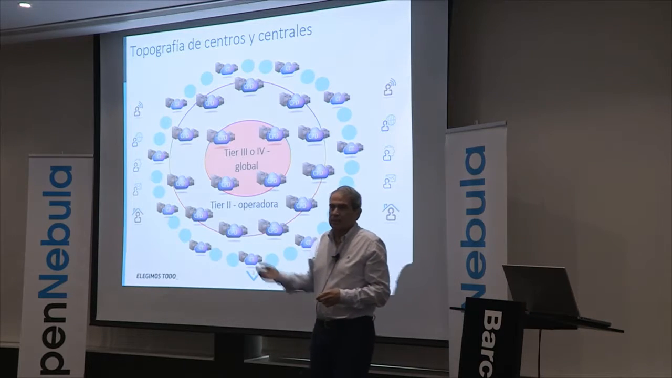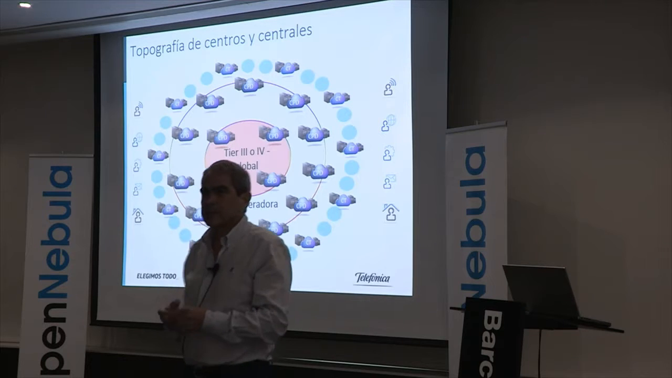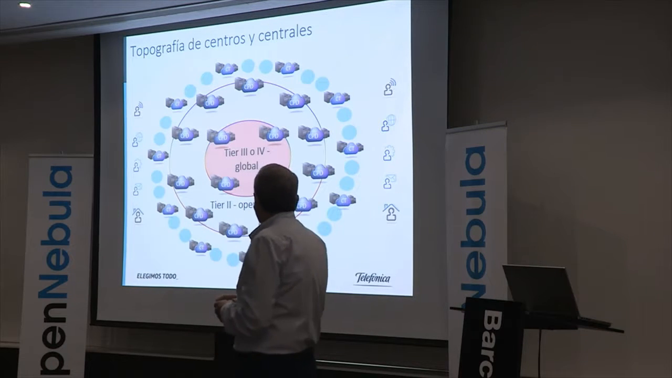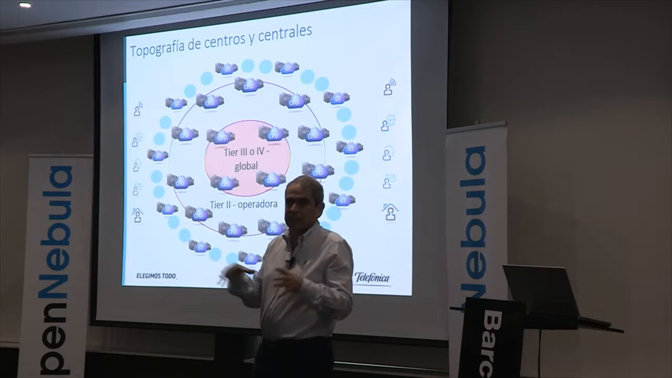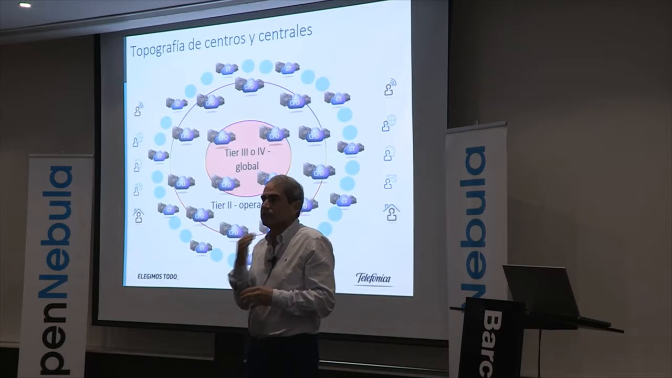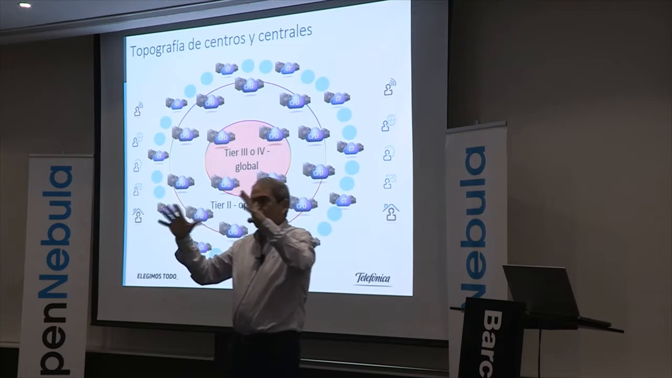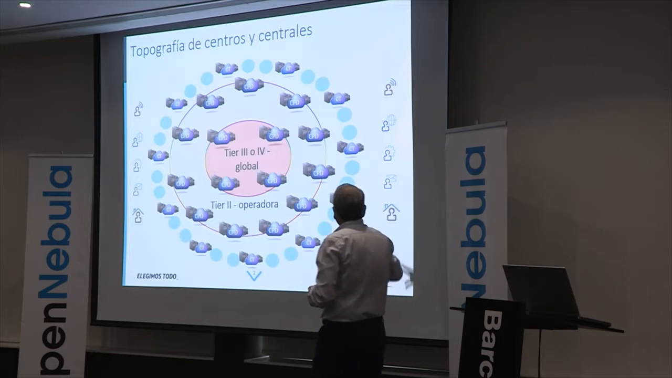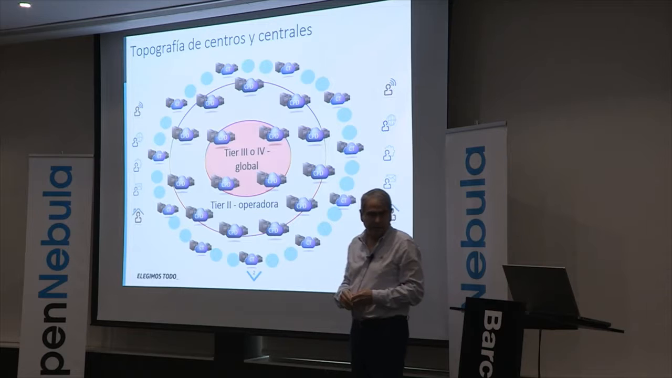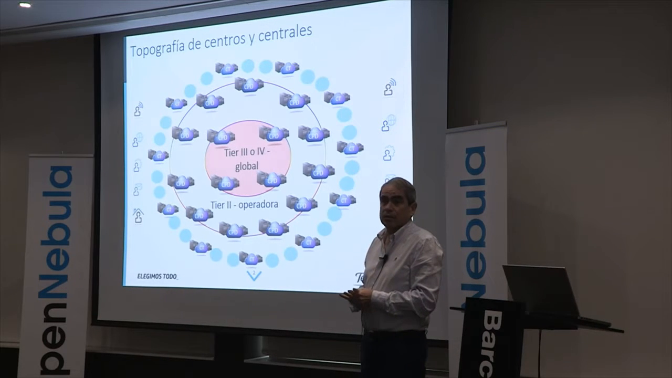Regionals, it depends. In Spain, we might have 8 regional data centers or central offices. And access central offices in Spain, we have right now about 2,500. But with fiber optics, we're able to reduce that number to about 800 to 1,000. Since we are having fiber optic access to all the houses and to all the premises of enterprises and to our